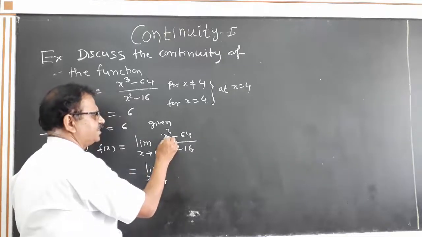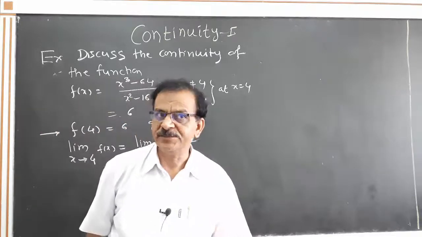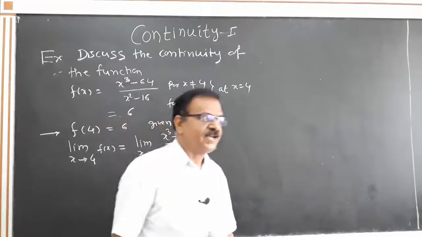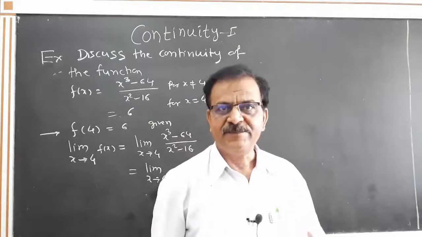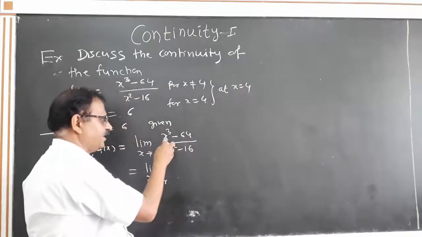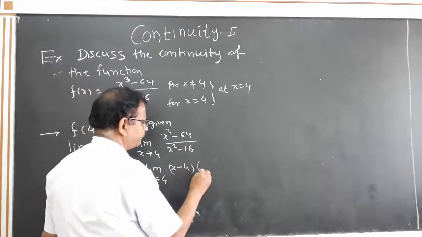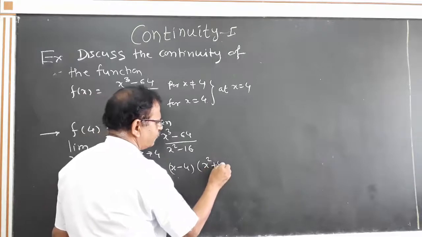Numerator is x cube minus 64, that is x cube minus 4 cube. It is of the form a cube minus b cube. And we know that the factors of a cube minus b cube are a minus b into a square plus ab plus b square. That's why factors of x cube minus 64 are x minus 4 into x square plus 4x plus 16